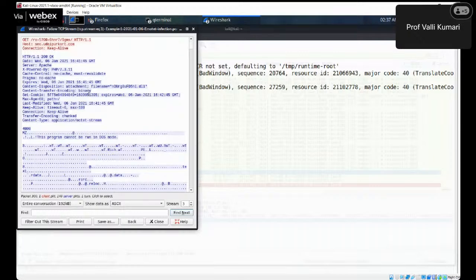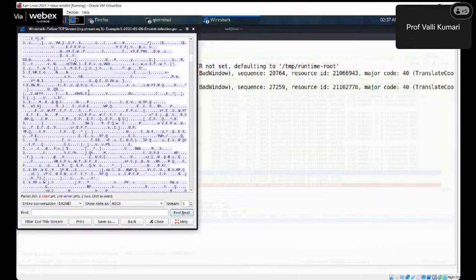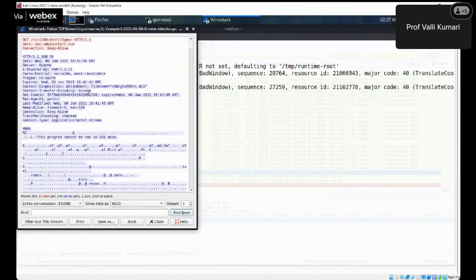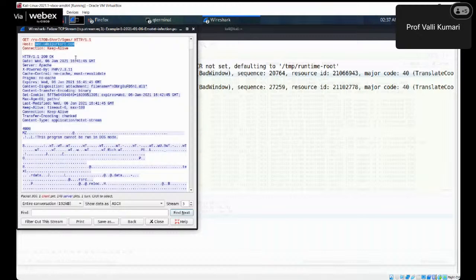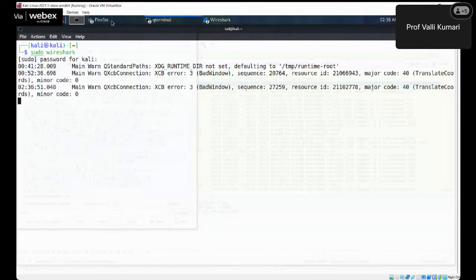What do you see here? This is the host, and we followed the TCP stream, and I'm highlighting the stuff here. There is an attachment with it, which is a DLL. Now when I go to